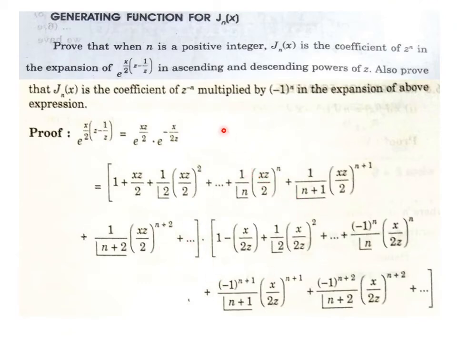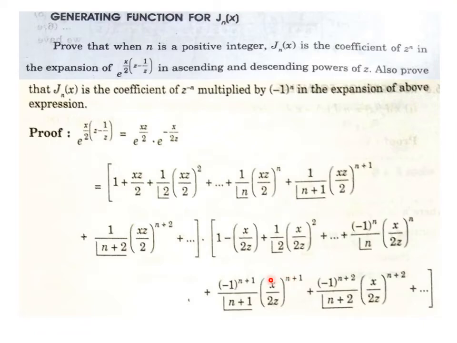And in the same slide we also discussed how we will collect the coefficient of z power minus n from various places. As you can see, if z power 1 upon z power n in that second bracket, that means z power minus n, is multiplied with that 1, it will provide z power minus n. Then the next term of the second bracket,